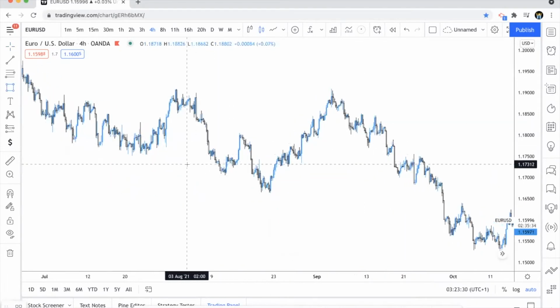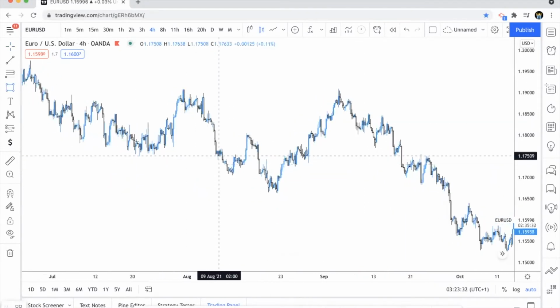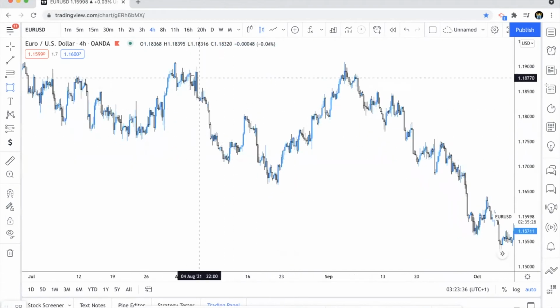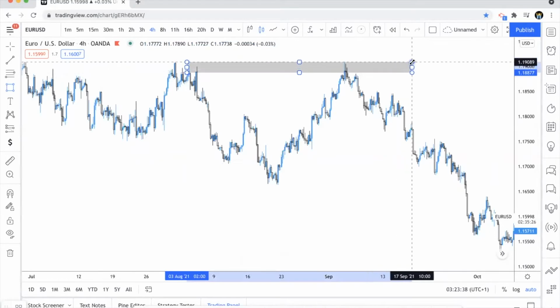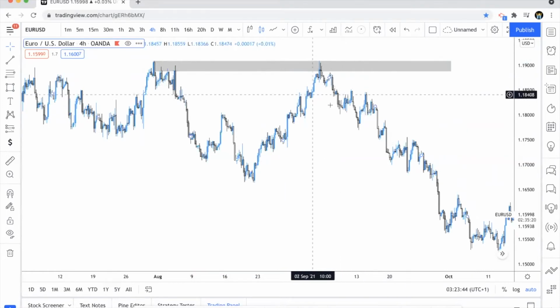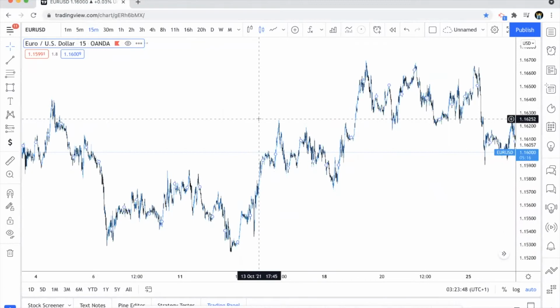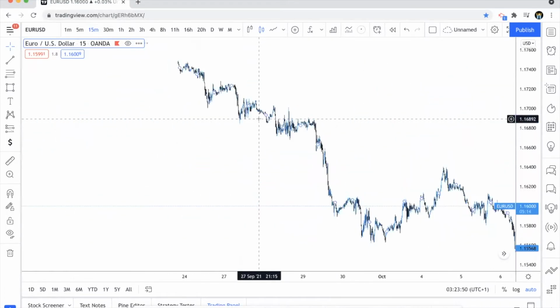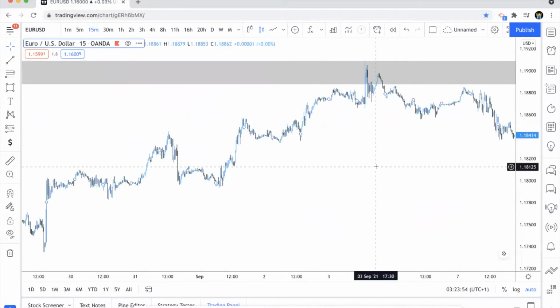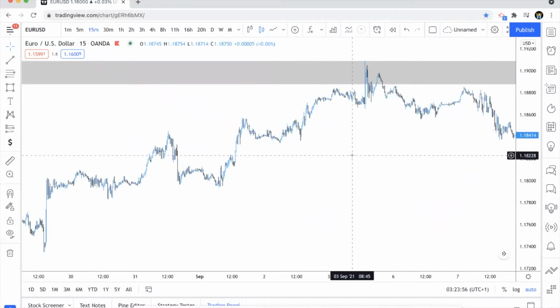Let's just say, for example, I always look for a break of structure, like here, right? Then I wait for the market to come back to an order block, like so here. And then once the market comes and taps my order block, I then scale down all the way down to my lower time frame. And I know most of you, whenever you find your order block or what have you,